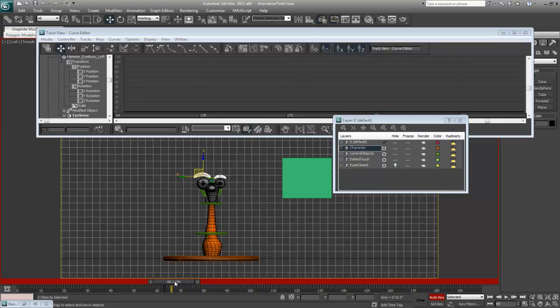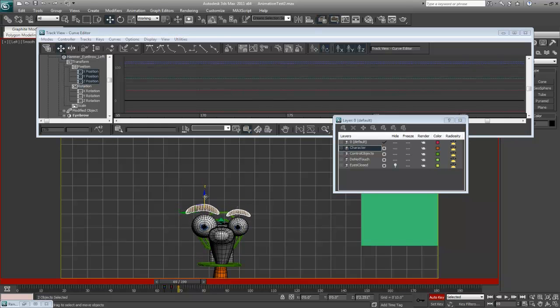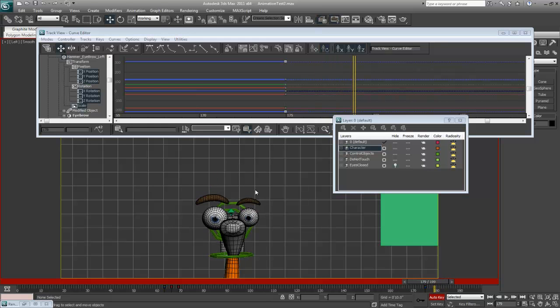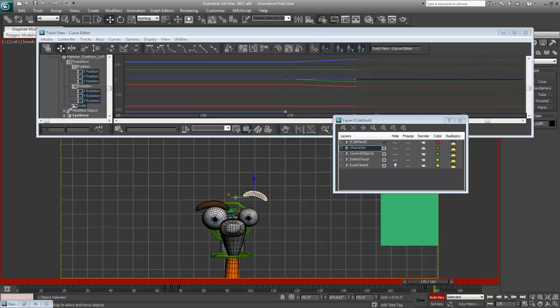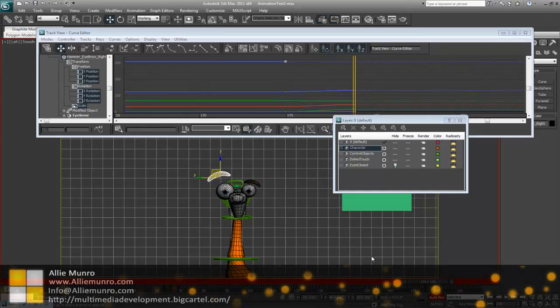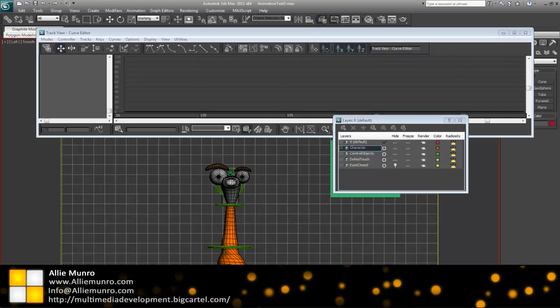They're going to come down a little bit, and then they'll go back up. So our character blinks right before they go into a turn. Right? Come up, and then we'll do a little bit more eyebrow animation here. So we'll come here, we'll key them, and then we'll kind of put them into a pose. So maybe we'll lower this one, raise this one up. In fact, actually, I think I want that the other way. We'll bring this one down, and this one up. It just adds a little bit more